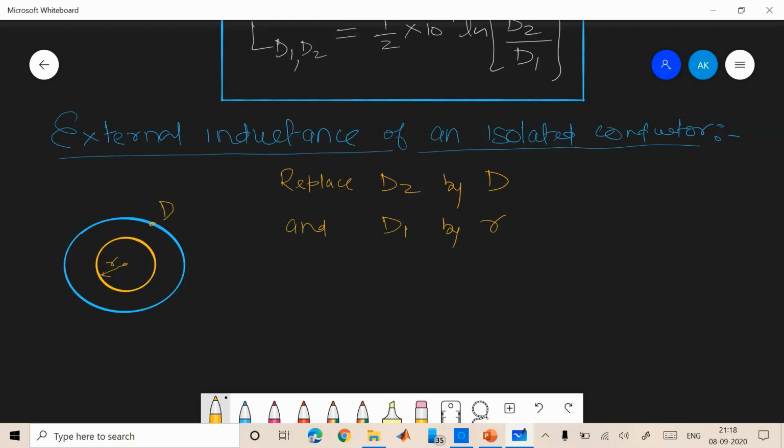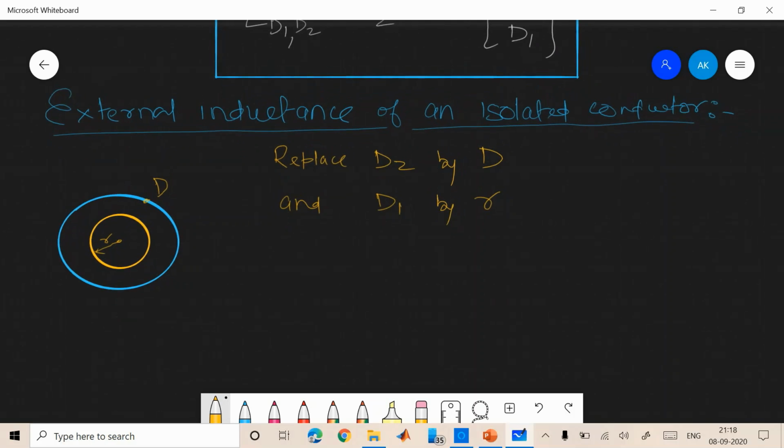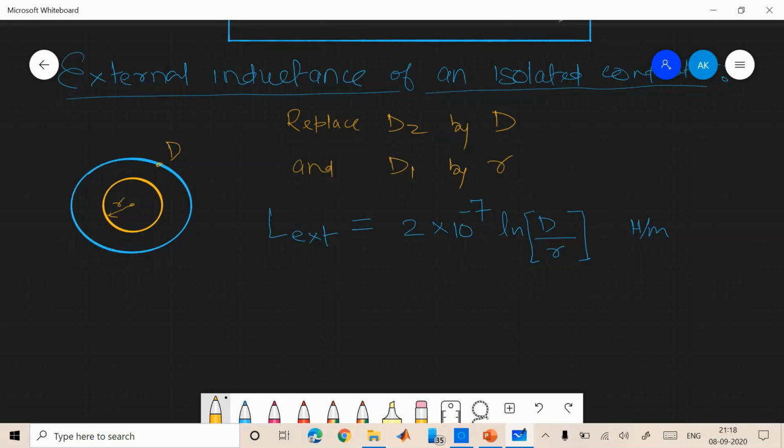Okay, from R to D. So simply your inductance L external we can write as 2 into 10 raised to power minus 7 ln D by R. This will be in Henry per meter. Okay. So this is your final expression